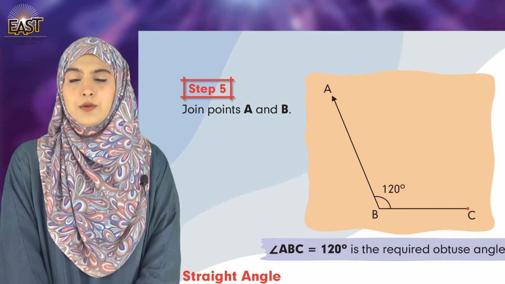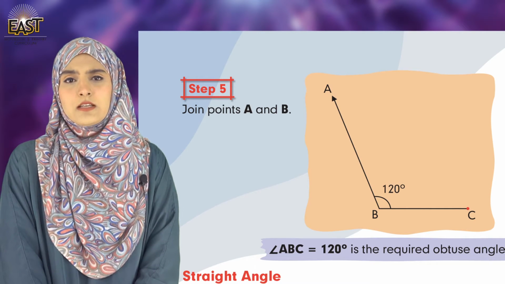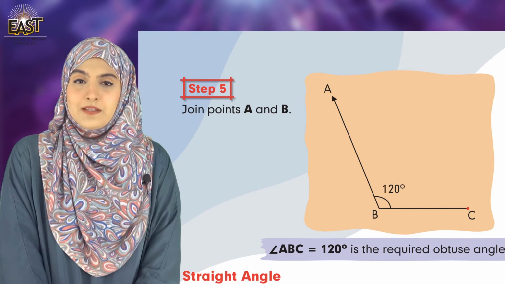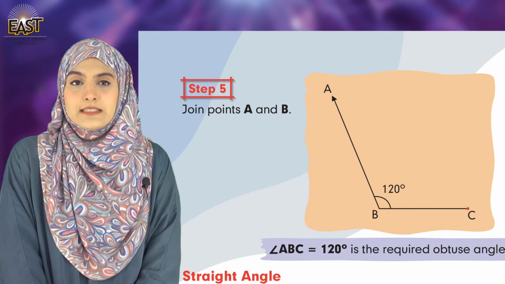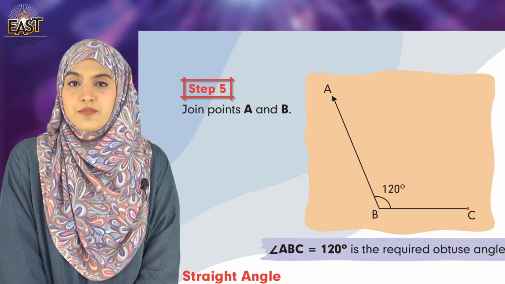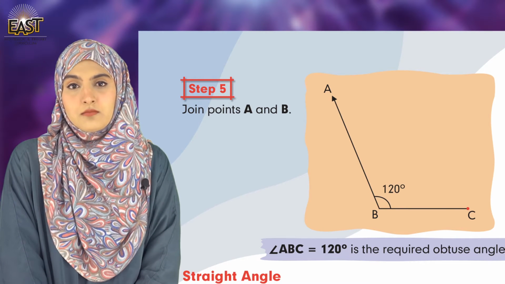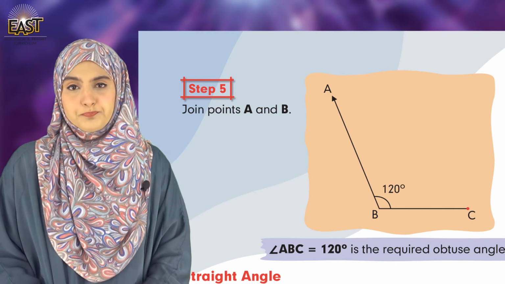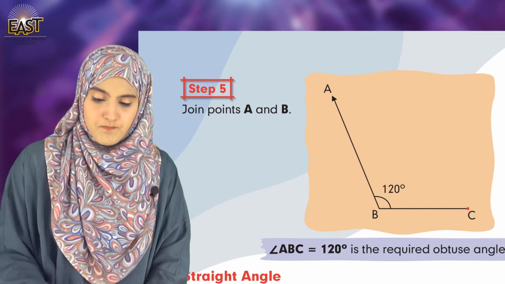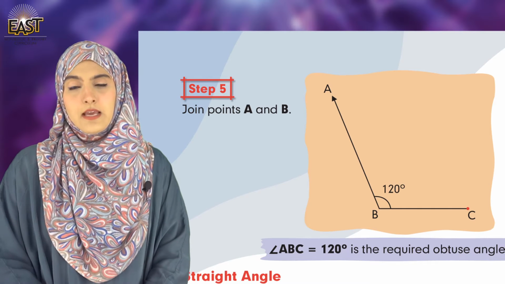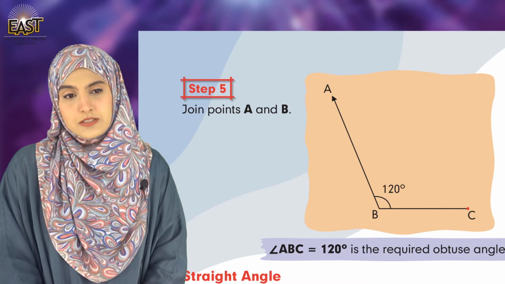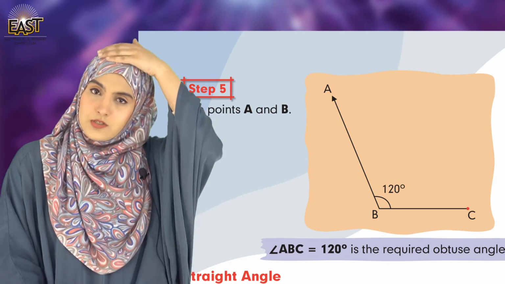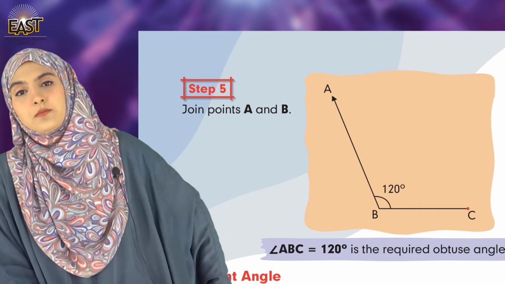Now take out your D, or protractor, these two we call it. All right, take out your notebooks. You can practice these questions in your rough work, rough register. Obviously you will practice more. Join points A and B, the angle is constructed. So try some questions by yourself. Do you know what an obtuse angle is? An angle which is greater than 90 but less than 180 degrees.